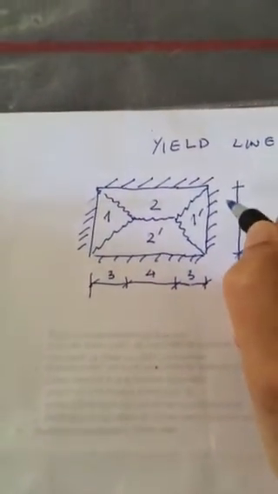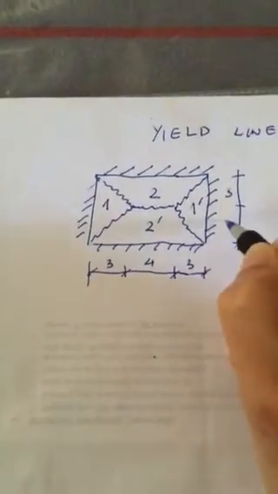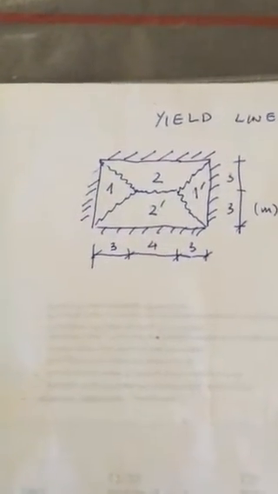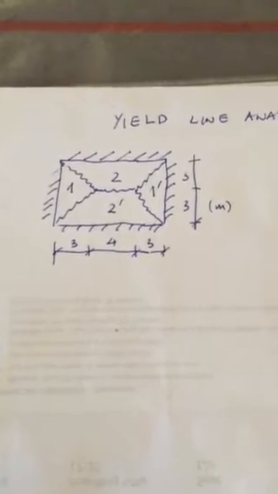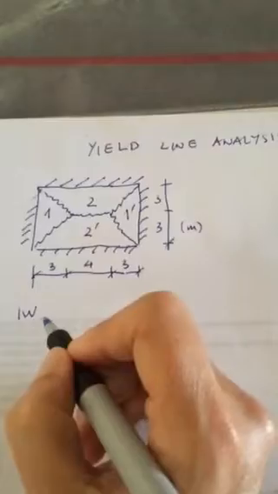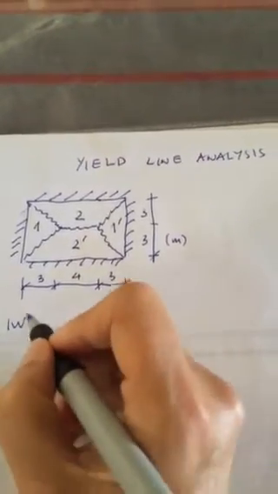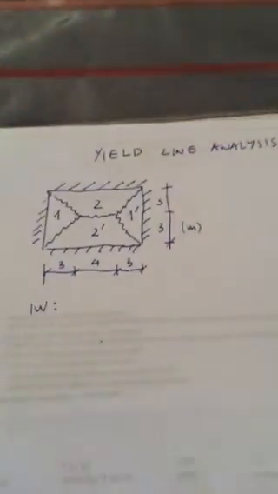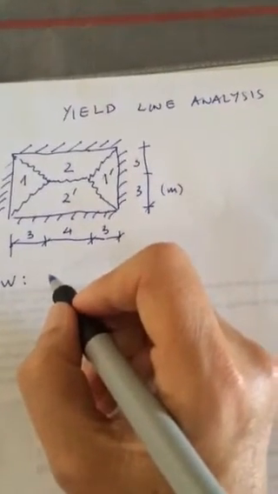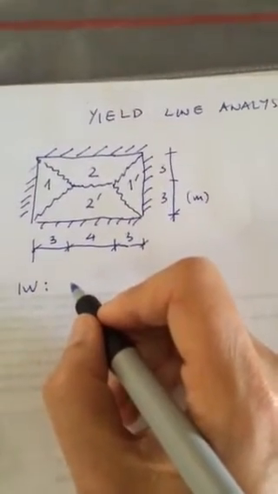And assuming this is 45 degrees, this is also 3 and 3 in meters. So how do we find the collapse load? We write internal work for all the elements, and say for element 1,